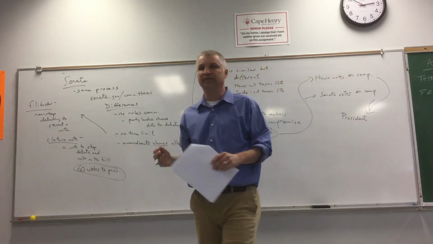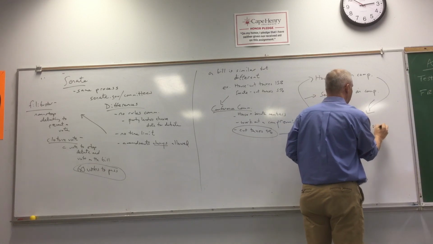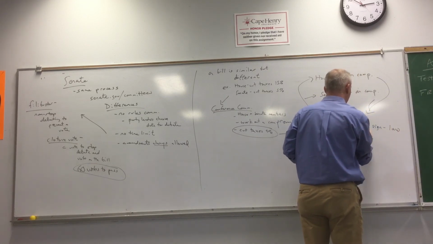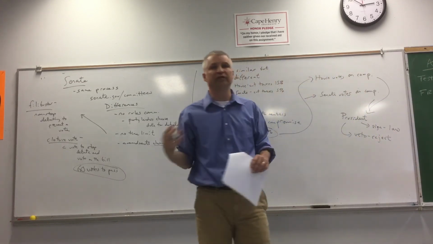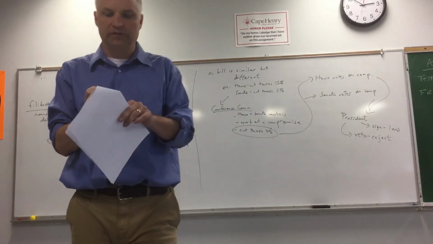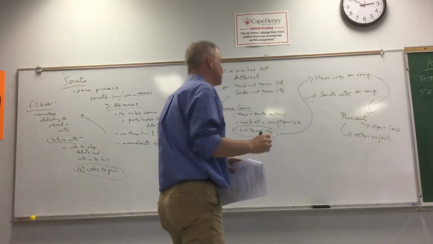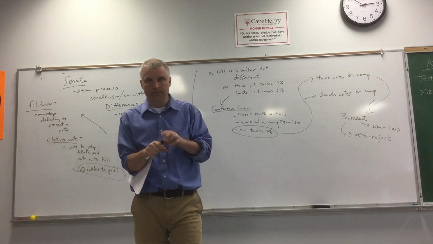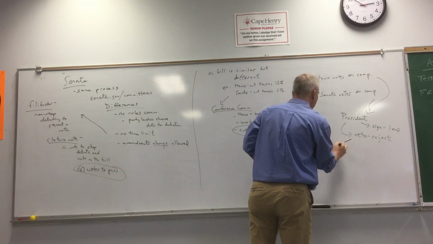Finally, after all these steps, the president gets the bill, he can sign it, which makes it a law. Or he can veto, which is rejected. So after all this work on the part of Congress, the president can look at it and say, no, I'm going to veto that, rejected. Usually they'll know ahead of time that the president's going to do that, so they're not going to send him a bill he's going to veto, because what's the point? But he can veto it, and that means no law unless